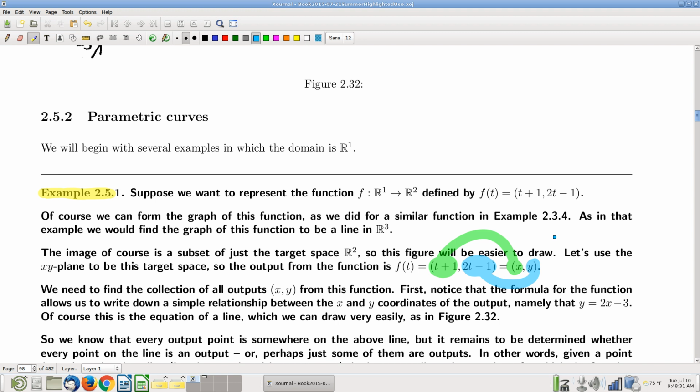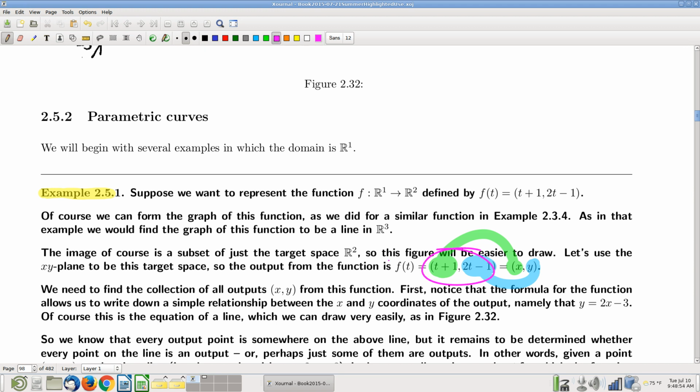If I can find a way to relate t plus 1 and 2t minus 1, then I, in effect, have found a relationship between x and y. Namely, I found an equation, which is a great way to represent a curve. It's sort of a great alternative way to represent a curve. So can we find such a relationship? Now, how do you find a relationship between these two